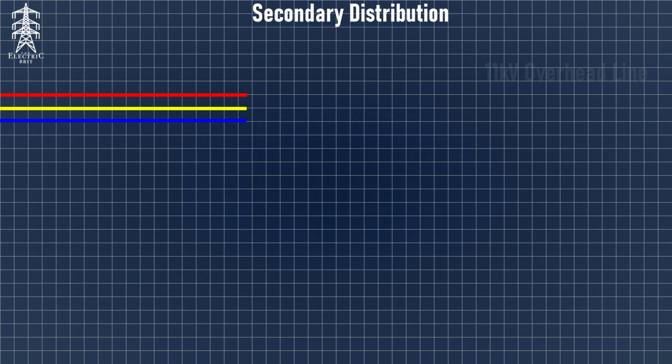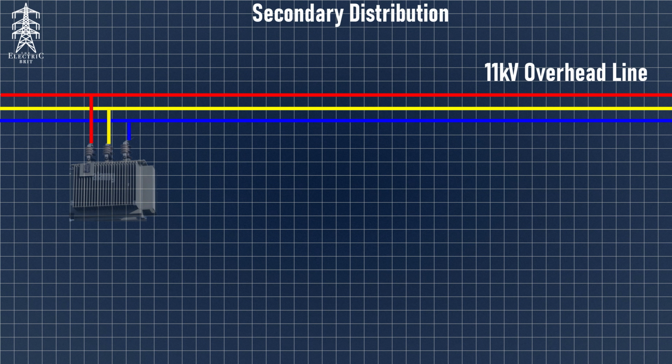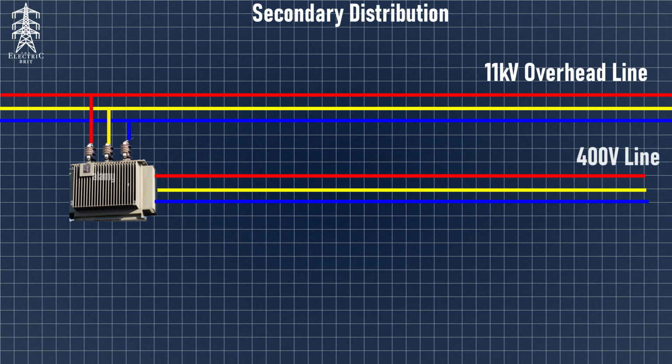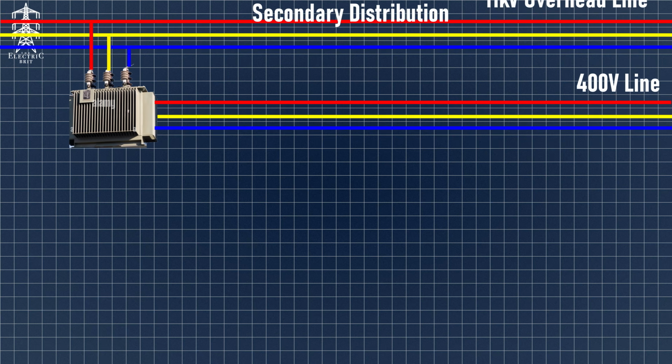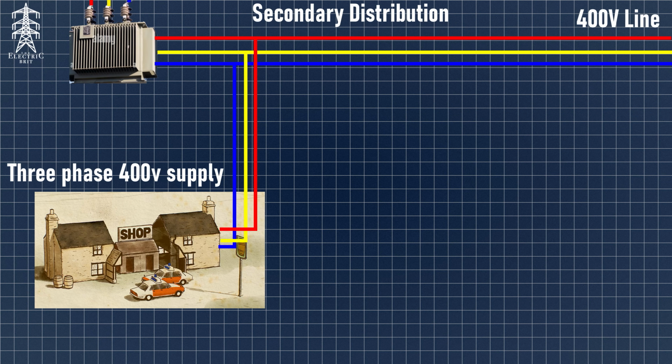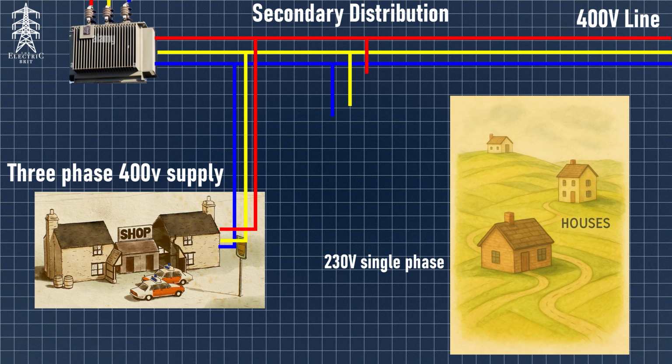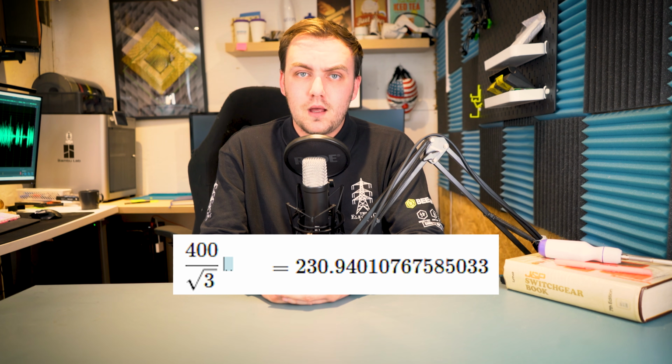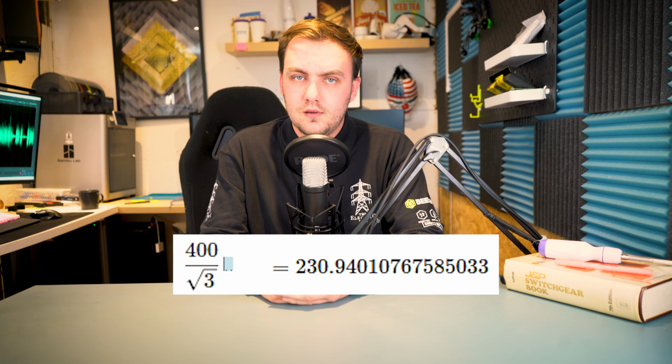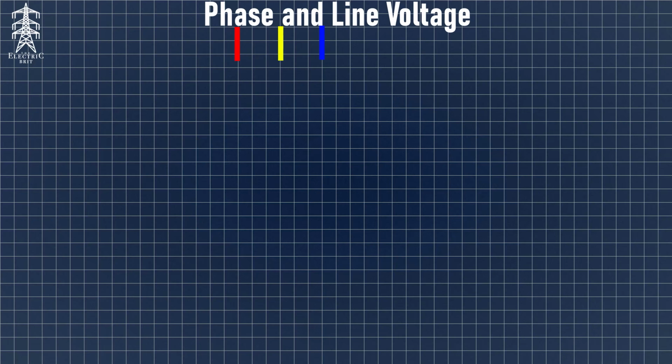Or with the beauty of 3-phase AC power, each single phase actually supplies 230 volts individually. So each individual phase can supply a different circuit of residential customers at 230 volts. This is because if we divide our 400 volts total by the square root of 3, we get 230 volts per phase. This is because in 3-phase power systems, there's 2 types of voltage to consider, which are line voltage, VL,